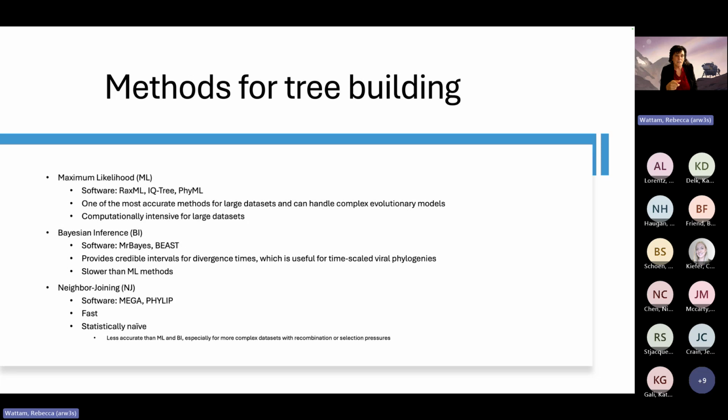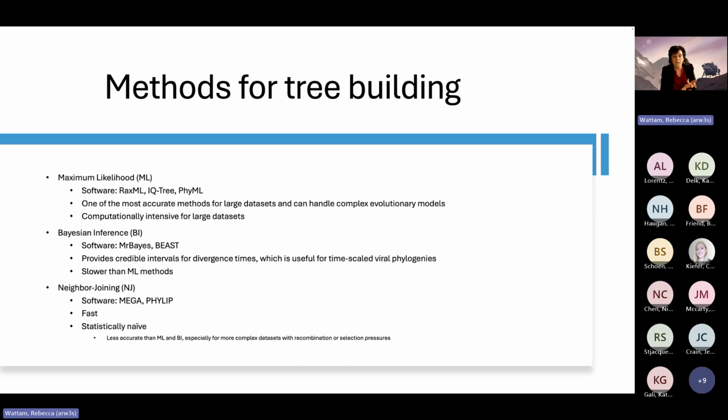I use RAxML a lot. I like maximum likelihood. I use it for most everything that I examine and that I study. And it does really well with large data sets that are complex. So I like that. Now, a lot of people like Bayesian inference, and those are primarily, well, there are other